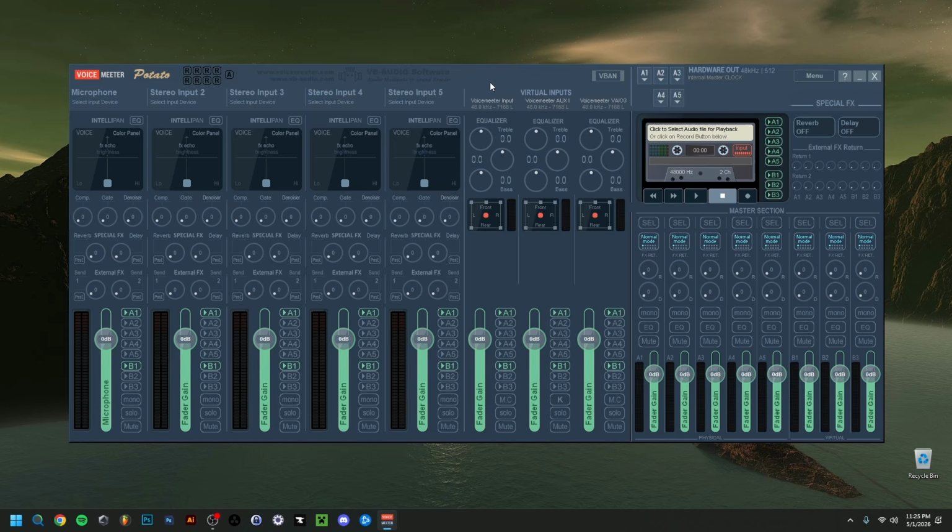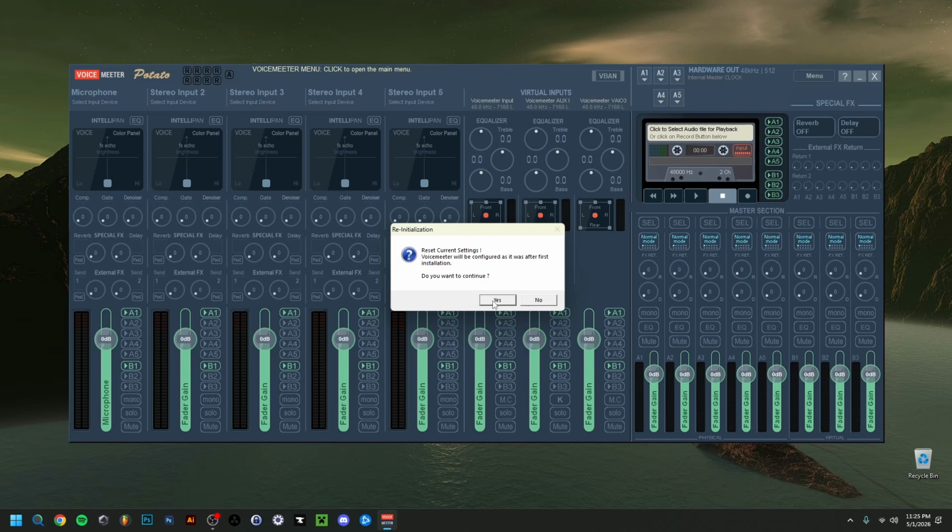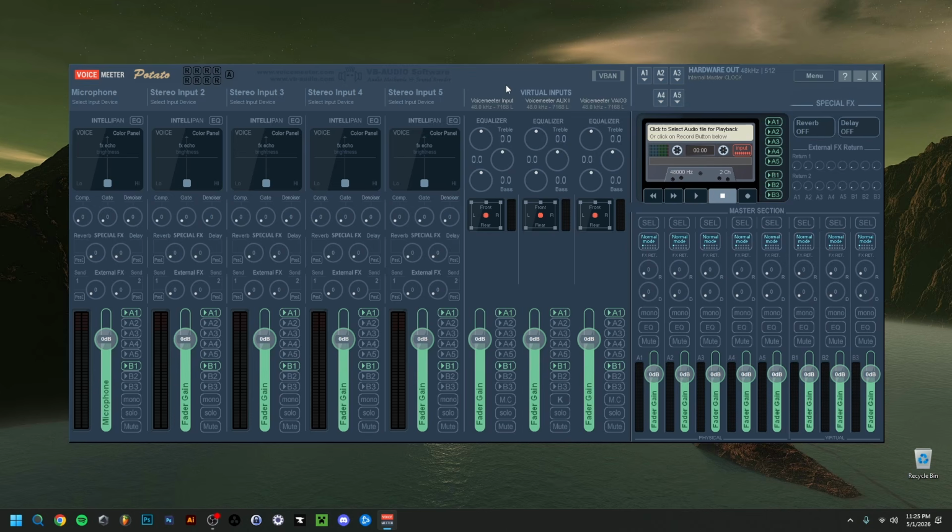Now if you had any settings lingering around, or you just wanted to reset your settings in general, what you can do then is actually go up right here to the menu and select reset settings, so reinitialization. Here you click yes, and all of your settings would be reset. Now I didn't have any settings to begin with, but that's in case of course you want that. Now if I go back to menu,